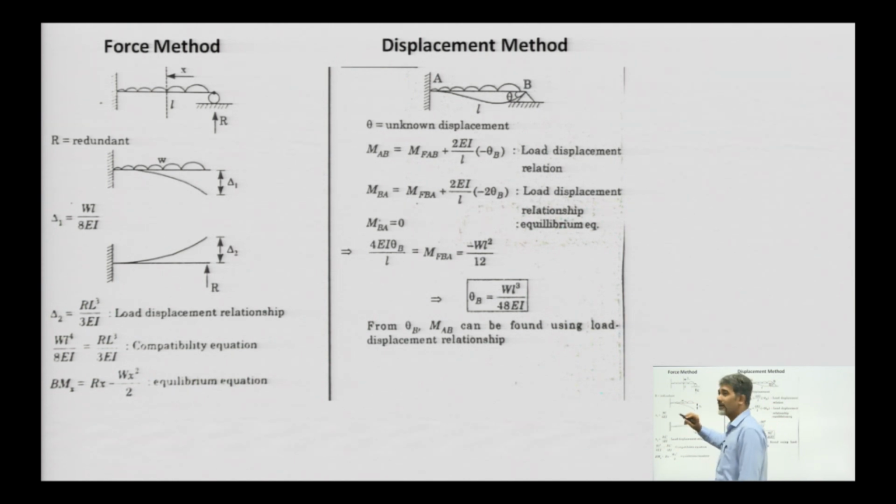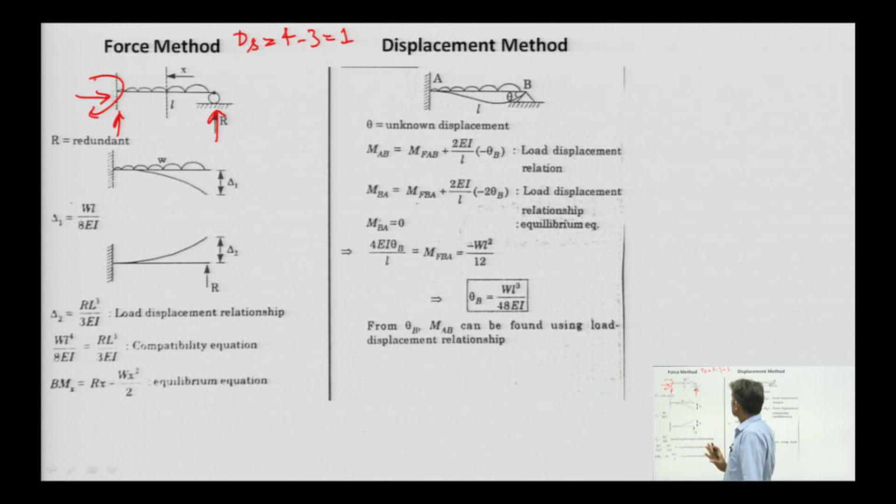How many unknowns are here? 1, 2, and 3 unknowns here and 1 here. So, the total number of unknowns is 4. So, ds here is 4 minus 3, that is equal to 1. The allowable equilibrium equations are 3. No internal hinge or anything is provided here. So, the value of ds is 1.